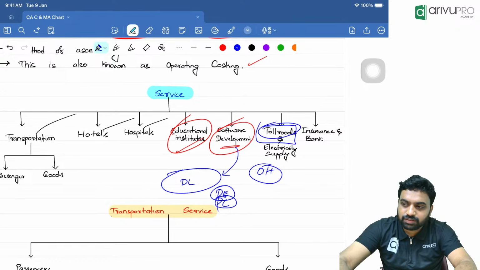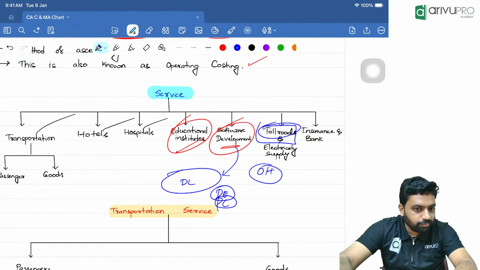And bank is also very simple. Bank will have different departments, like loan only, a different loan department will be there. What do we do if they ask, for example, how much is the cost for processing a home loan application? Now we take the cost of the home loan department. Home loan department cost is not only the cost of the people who are working in that department, but also the overhead of the bank. Then we will divide by the number of applications in that particular bank. We will arrive at